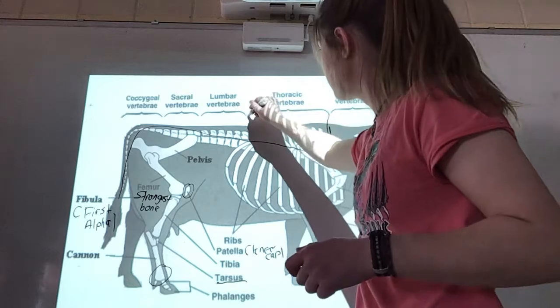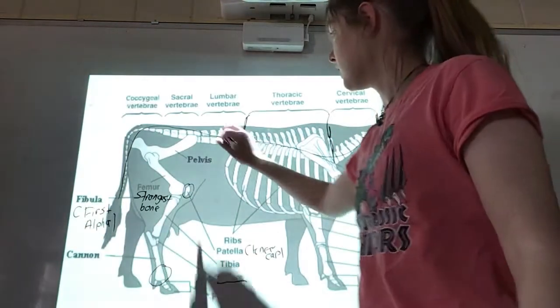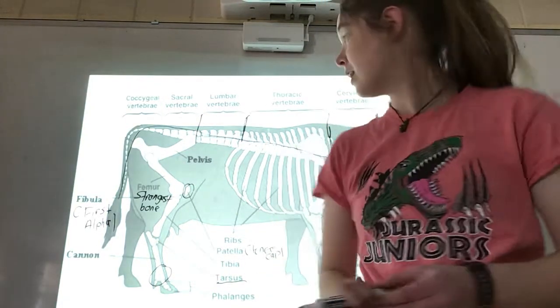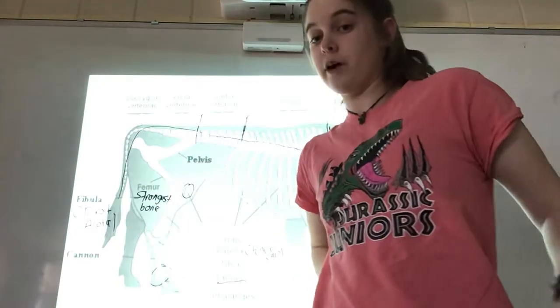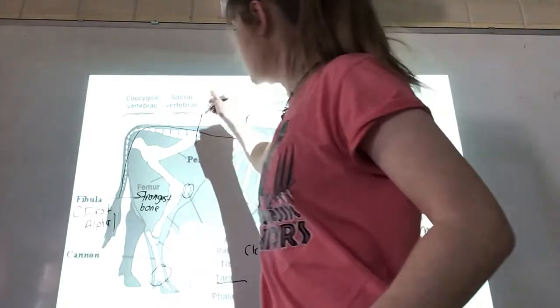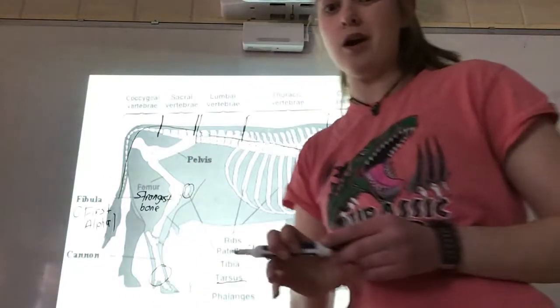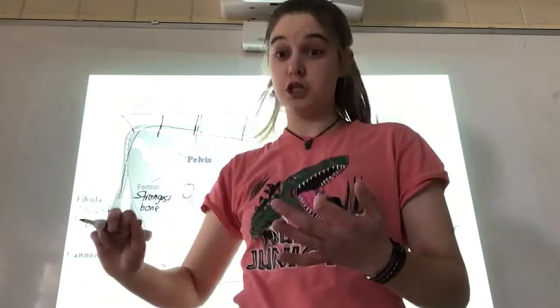Thoracic, they're over your rib cage. Next, you've got lumbar vertebrae. They're between your rib cage and your pelvis. Once your pelvis starts, your lumbar vertebrae ends. Then you've got sacral. Your sacral vertebrae are over your pelvis. And lastly, you've got coccygeal, or